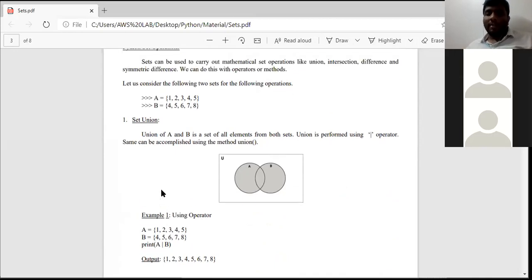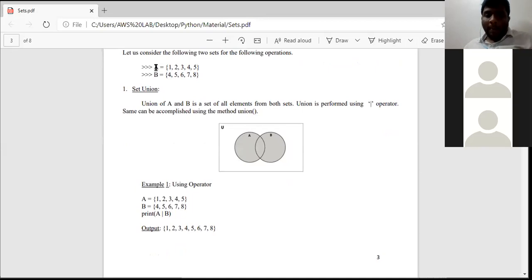So please concentrate here. I have considered 2 sets. Here A is set 1. A అనేది ఒక సెట్, B అనేది ఒక సెట్. రెండు సెట్స్ తీసుకున్నాను. Set A consists of elements 1 2 3 4 5 and set B consists of the elements 4 5 6 7 8. Clear everyone? I have considered 2 sets A and B. The elements of set A are 1 2 3 4 5 and the elements of set B are 4 5 6 7 8. Okay, when I am going to implement union function, ఈ రెండు సెట్స్ మీద యూనియన్ అనేది ఇంప్లిమెంట్ చేస్తే